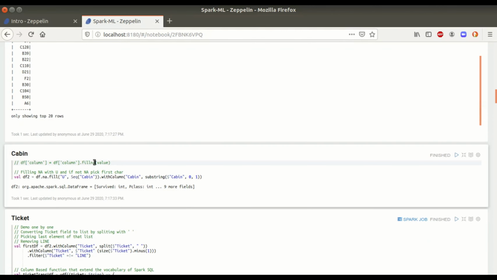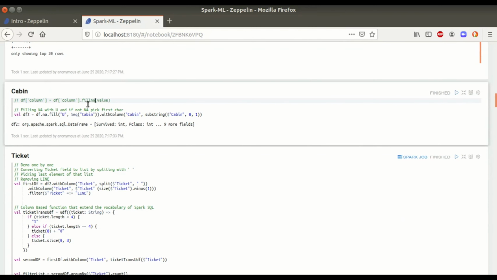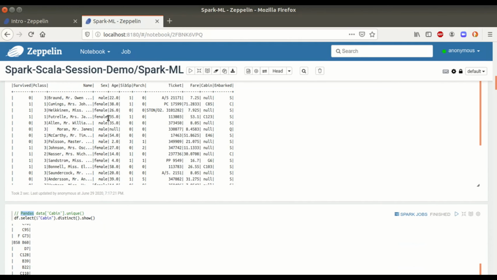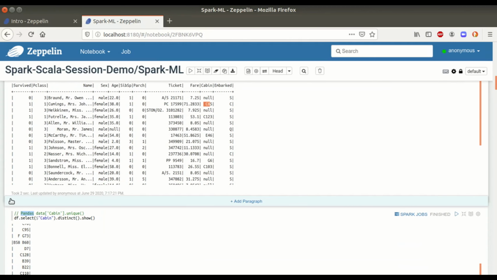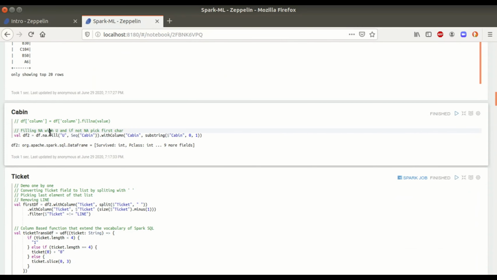Now what I wanted to do here with the cabin column was to replace not any values, basically null values, by some value which I wanted to apply. In pandas, this was the syntax we were using. In Spark, what I'm doing is df, basically the data frame, dot na, fill with value U for the column cabin. Along with that, I am picking the first character of cabin. Rather than getting all the data, if you see the cabin, it has three characters, so I am picking only the first character here. So that is about the cabin.